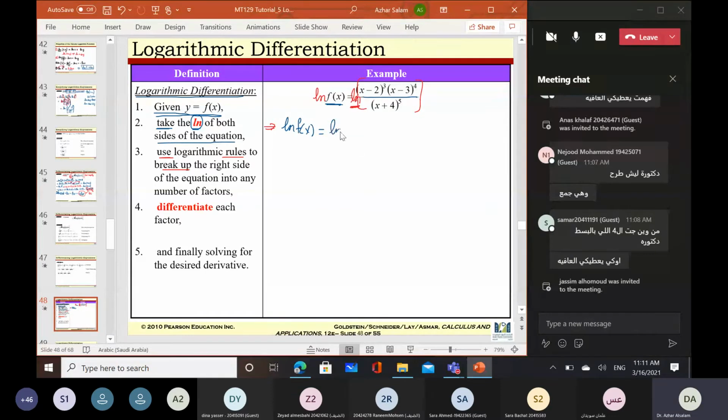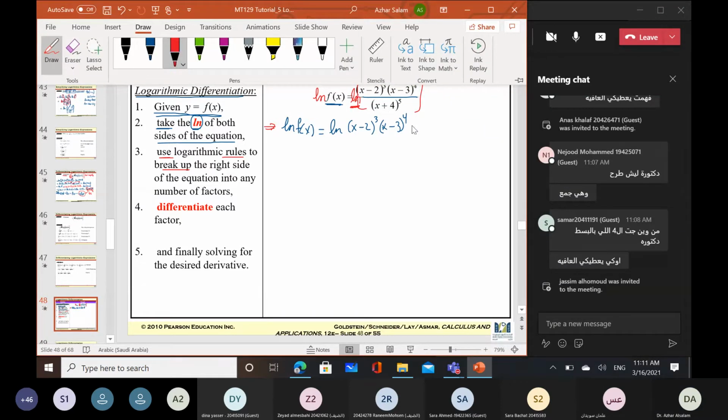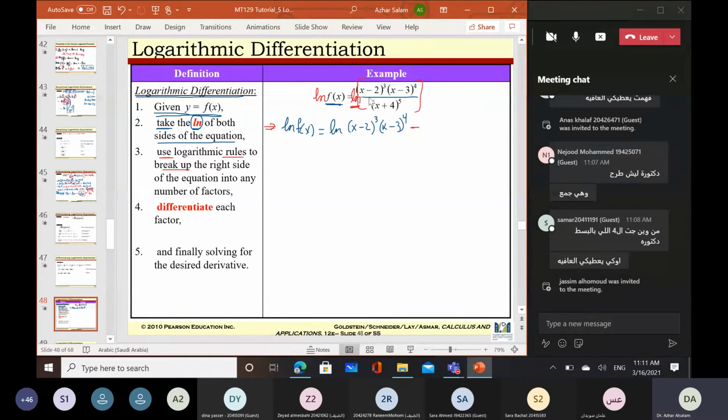It will be ln of x minus 2 to the power 3 multiplied by x minus 3 to the power 4, minus, for the quotient, ln of the numerator minus ln of the denominator,